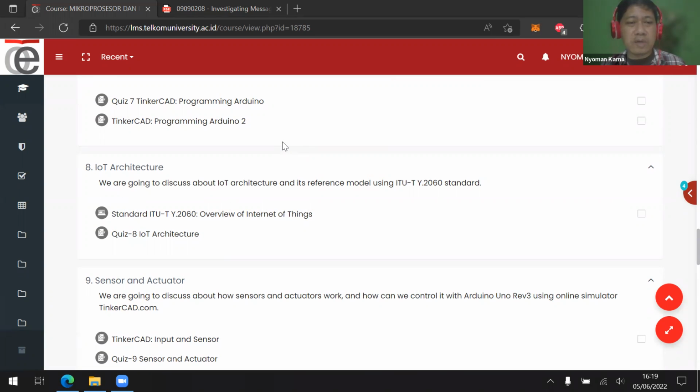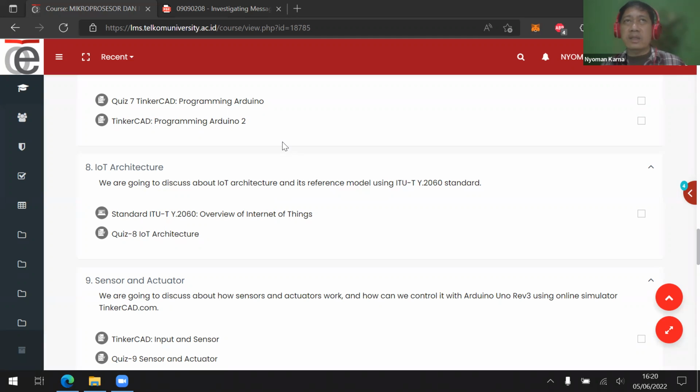Y.2060 standard, in IoT architecture we have something we call a physical thing, which we usually call a sensor, and then we also have the IoT device, whose main purpose is to collect data, which is data acquisition, and then to process data, and also it can store the data and then send the data to the communication network.